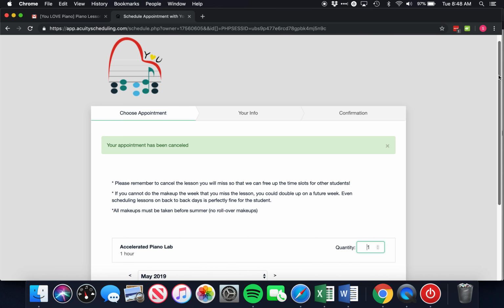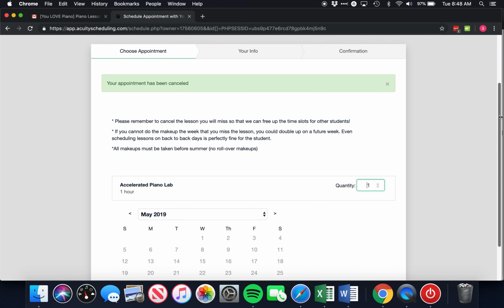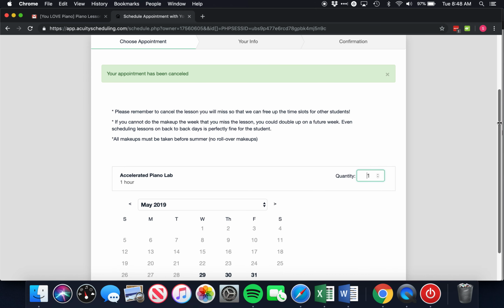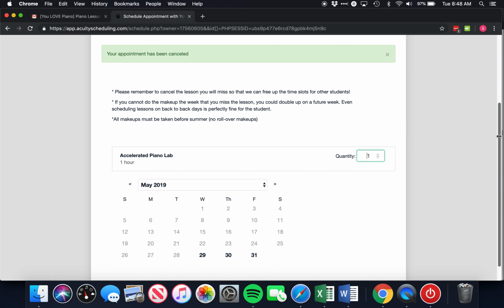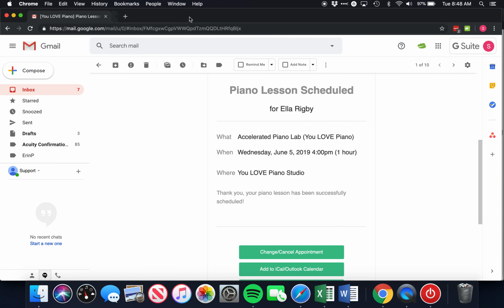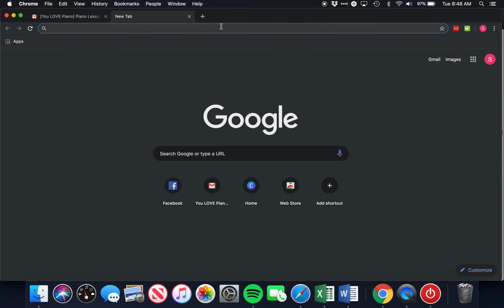If you suddenly realize when you can schedule a makeup, it takes you back to the scheduling page and you can go ahead and do that. But let's say you don't know at this time when you can schedule a makeup. So a day or two later, when you've got your calendar in front of you, you want to schedule that makeup lesson. All you need to do is put this link that we included in this email